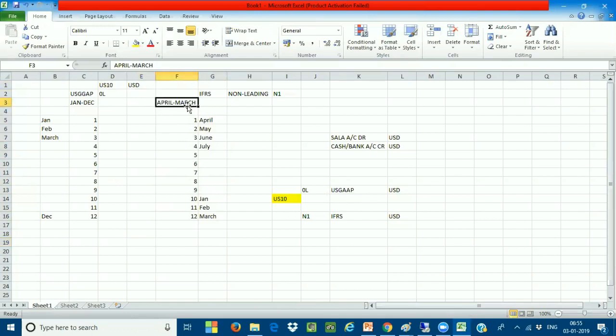Here the problem comes: if I take a US fiscal year, it is from January to December. But if I take the Indian calendar year, it is from April to March. Here the problem is coming to me. Why? Because if I take January, okay, now I'm taking January. Now this accounting entry, salary account is getting debited and my cash or bank account is getting credited. So according to my US fiscal year, I'm posting the transactions in the first period, that is in the month of January. Clear, all of you, sir?